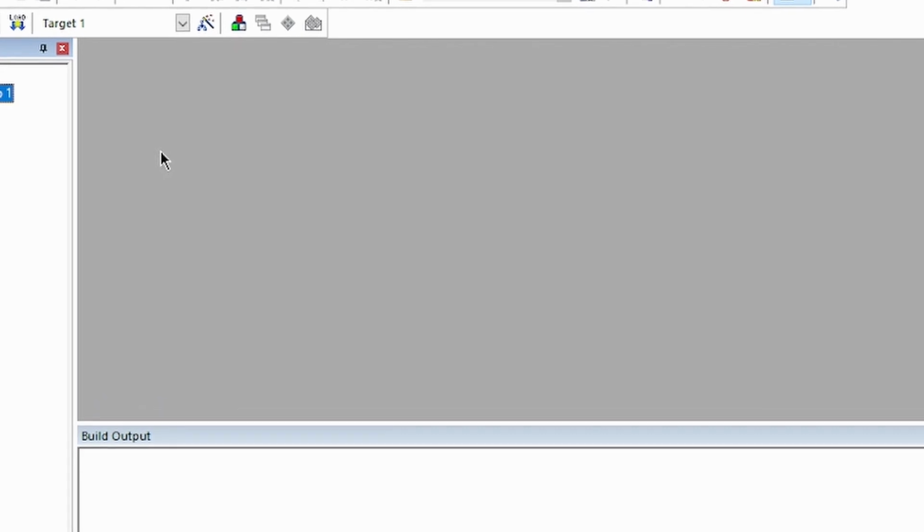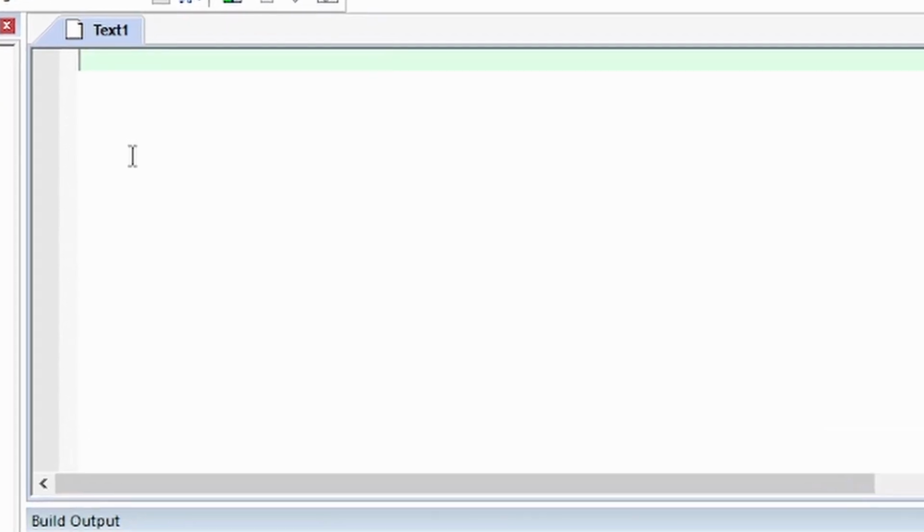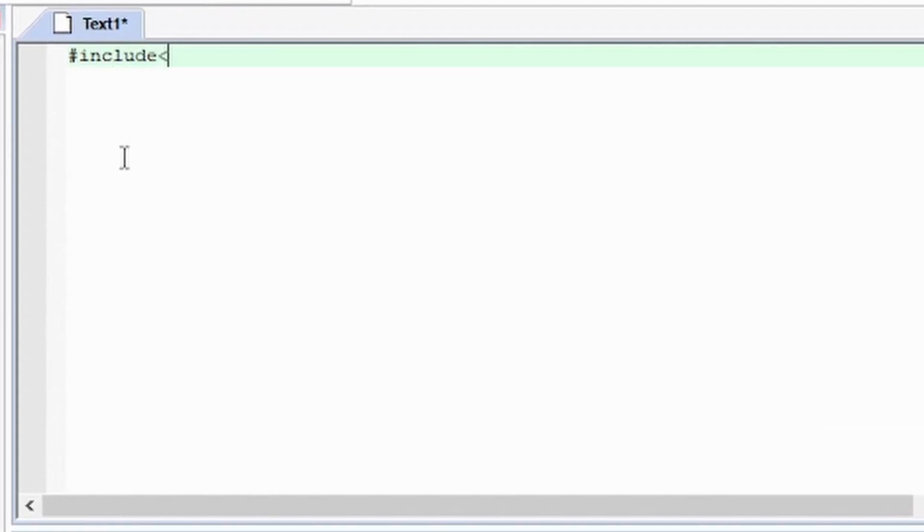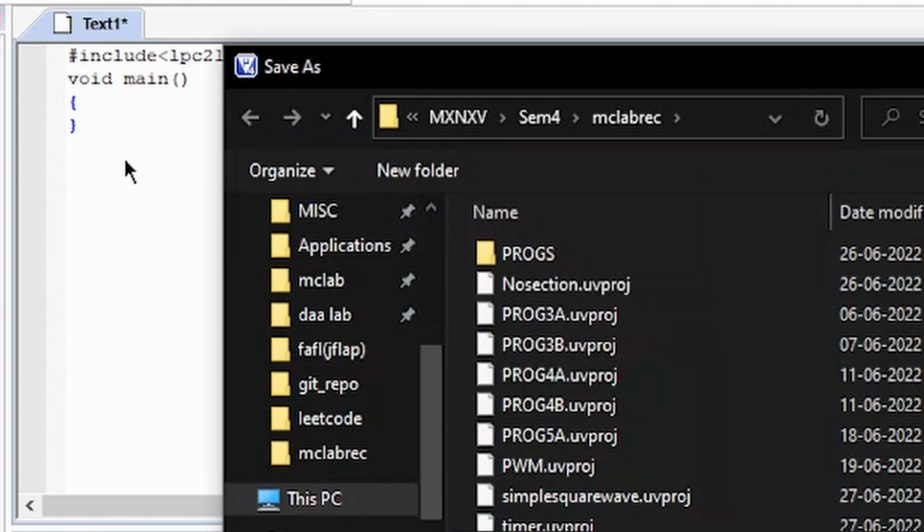And let's create a new file first and put in the basic stuff for LPC2148, and the main function, and let's save this file so that we get syntax highlighting. Say again timer0.c,